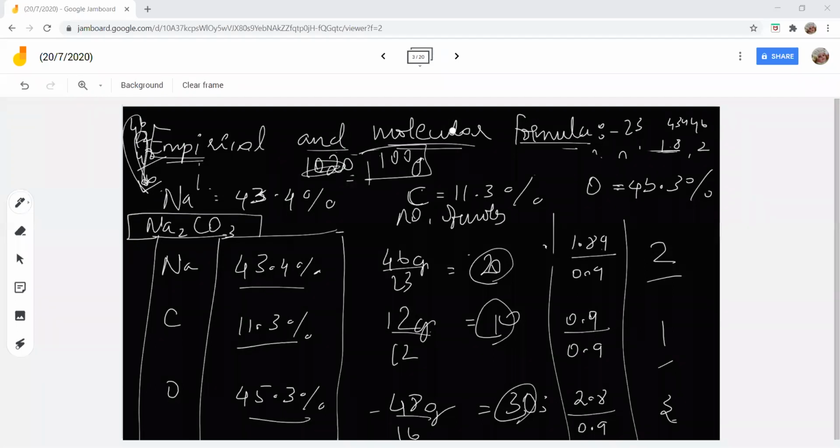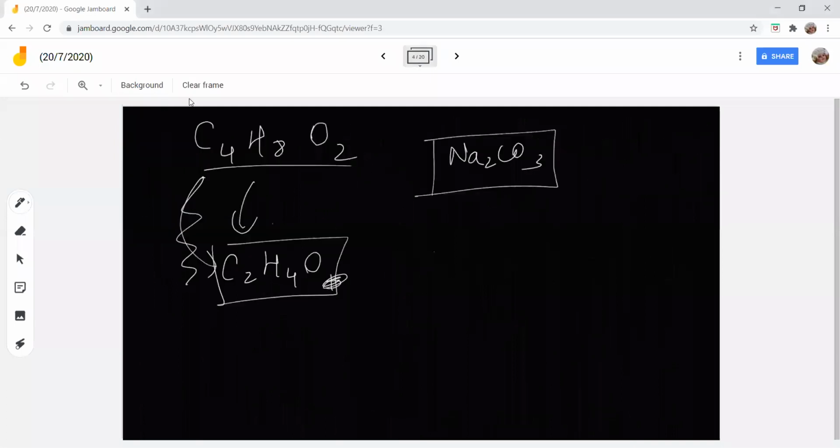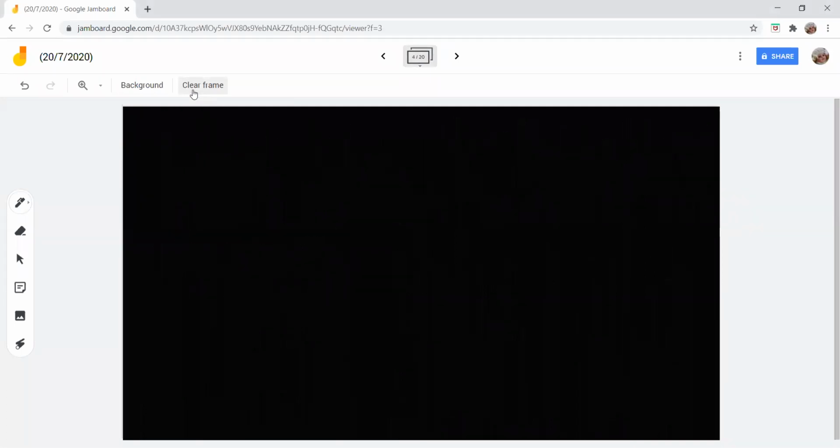You understand? Yes, ma'am. Okay, students, this is all about your empirical formula and molecular formula. So I think we have almost reached the end of the chapter on mole concept. This laws of chemical combination is not needed, students. It is actually your 11th standard syllabus. I'll tell you what is important and other things at the end of the session. Actually, the next topic that you have is stoichiometry. I'm just giving you an introduction for stoichiometry alone.